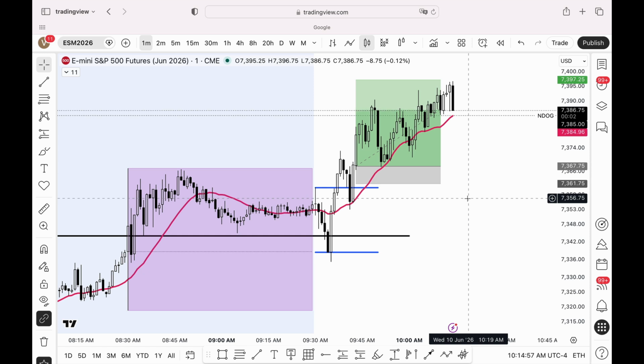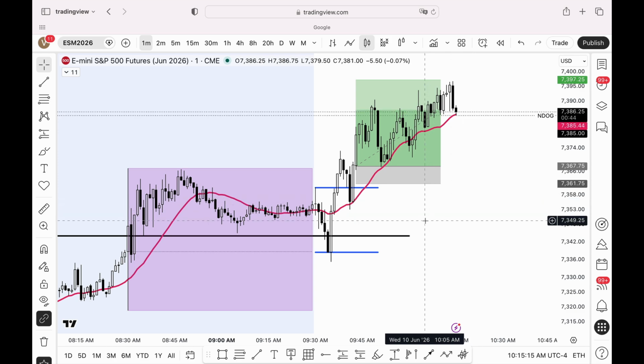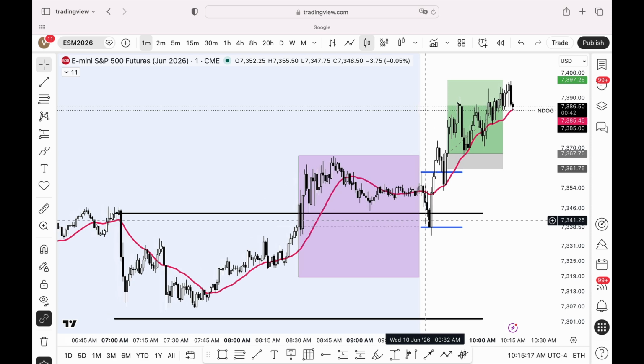Now, if you were following the Devil's Candle playbook, the result will be no trade. You can see a trade on my screen, but this will be for more advanced users. I've got ES on my screen as an example. I'm on the 1 minute, but I want to show you the very first thing that would have stopped you